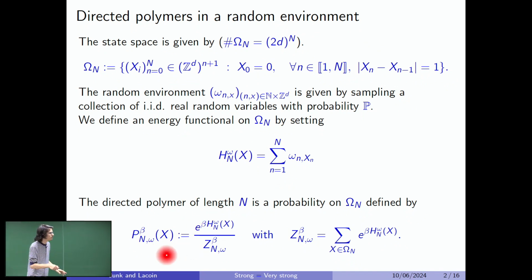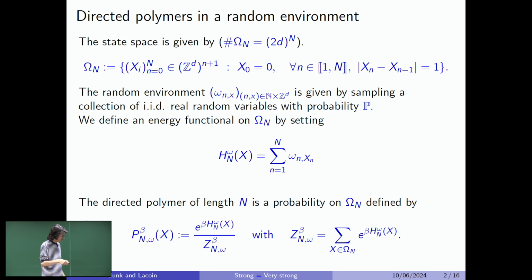Given omega, we define the polymer measure for inverse temperature beta. Beta is just a parameter, a positive number. It's the probability measure on Omega_n that to each x gives a probability proportional to exponential of beta times the energy. If we were physicists, we should put a minus, but let's not worry about that. I don't put a minus so that I don't confuse myself in the computation. When you write this as a probability, you need a renormalization factor